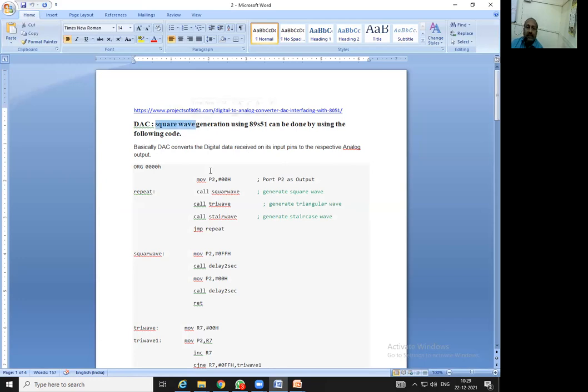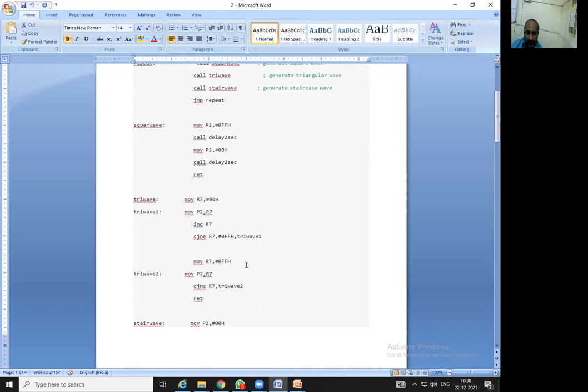The DAC, as we have discussed, is used for the conversion from digital to analog, and it can be used for the generation of waveforms. The main application of DAC is to generate waveforms. The waveform might be triangular, sine wave, or square wave. In this way, we can generate them from the digital input. As it has digital input, definitely it will have 8 inputs and 1 output.